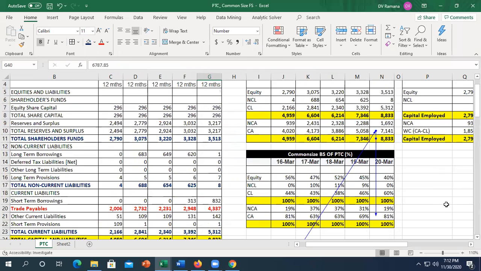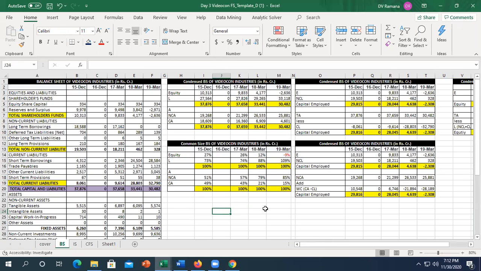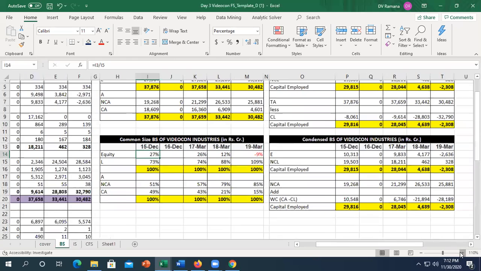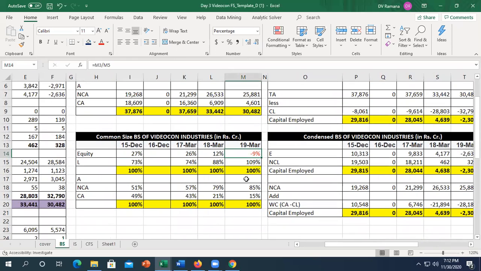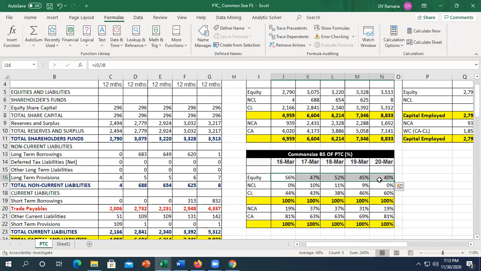But how will this common size balance sheet be meaningful? If you want to compare PTC with an unrelated company, let us say we pick up a loss-making Videocon. I hope you all know that Videocon is going through a tough time. It has been referred to the IBC. See Videocon's balance sheet. We can see that Videocon's equity over a period of time has become negative, from 27% to -9%, whereas the equity of PTC has been positive all through,